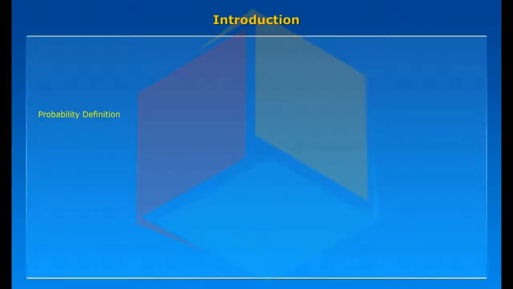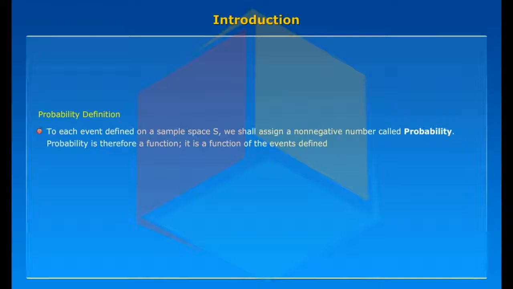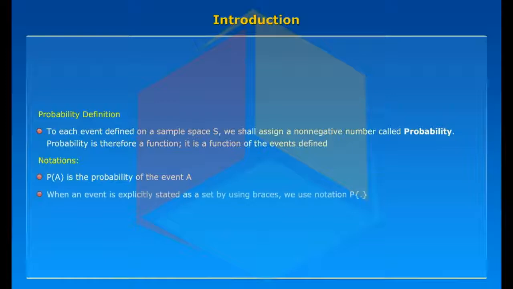Probability definition. To each event defined on a sample space S, we shall assign a non-negative number called probability. Probability is therefore a function. It is a function of the events defined. Notations. P of A is the probability of the event A. When an event is explicitly stated as a set by using braces, we use the notation